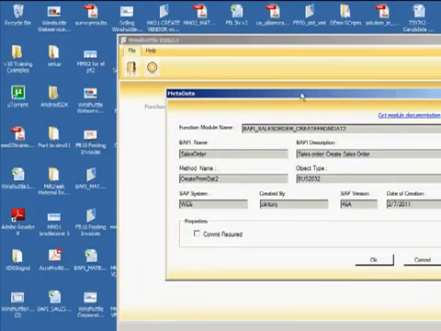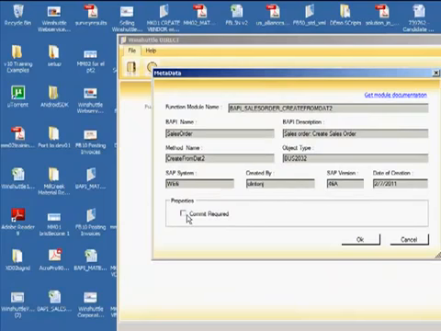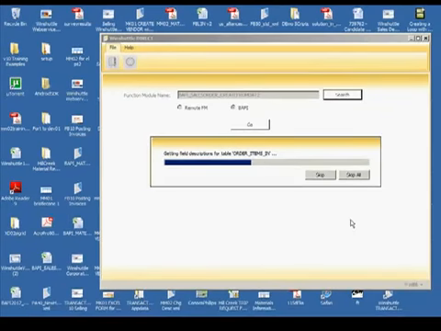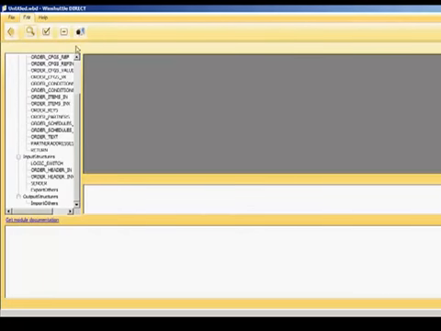And the same would be true within our direct script as well. If we did not check this box, we would not be able to save the data in SAP. And this is important because some BAPIs are actually just read BAPIs, and so we wouldn't want to try and save anything with one of those. So we click on OK now, and what this will do now is it will go into SAP, it will extract all the tables and all the field identifiers, and we'll download them to our local machine for us to then consume as we require it or according to our configuration, and then we can import that structure into our